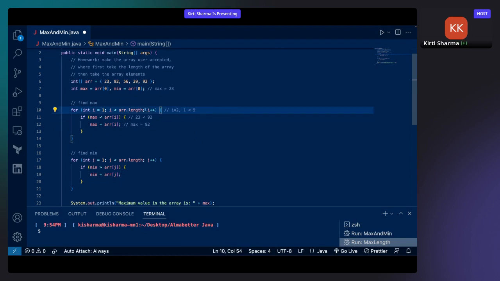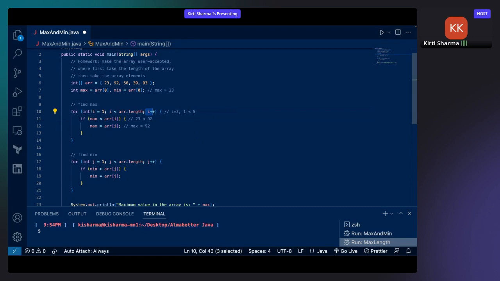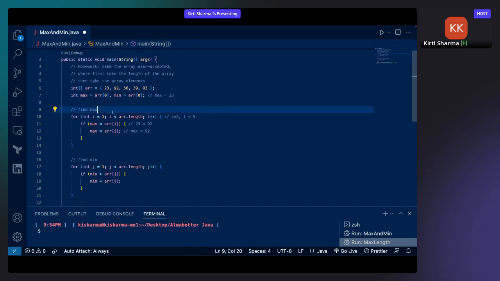Now after this is done, initialization never happens again, so the comparison will happen again. Here i will be 2, and 2 is less than 5, so that is also true. So we'll again go into the body of the loop. And here max is now what? Max is now changed to 92, as in the last iteration we updated it to 92, right? So max is now 92,